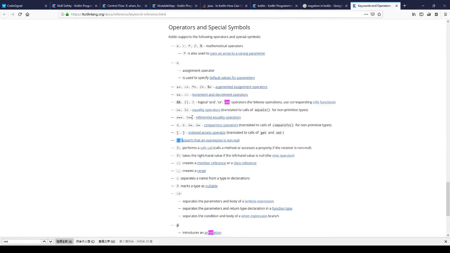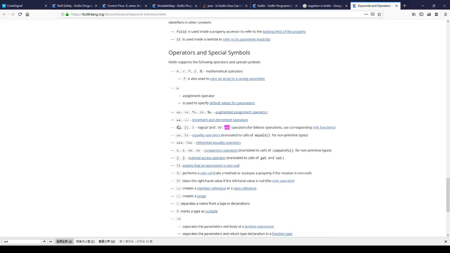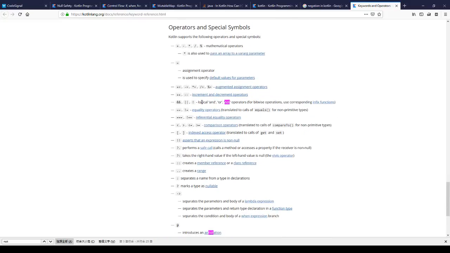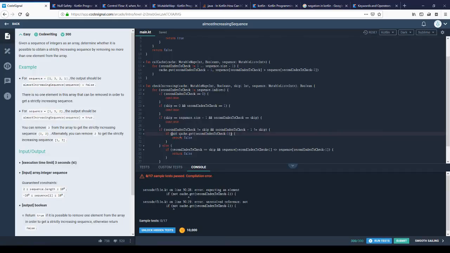Assert non-null. Not equal. What about negation? Is there no negation? Logical, yeah. Logical negation. Yeah, there is a not operator, but it seems to get confused with the